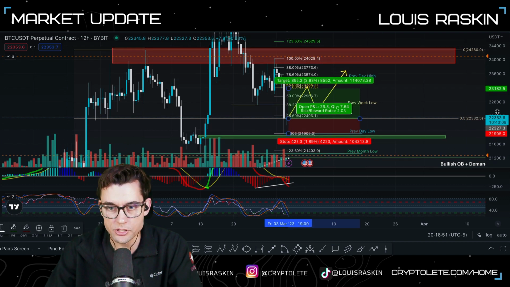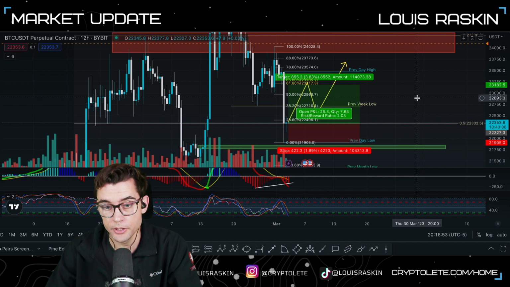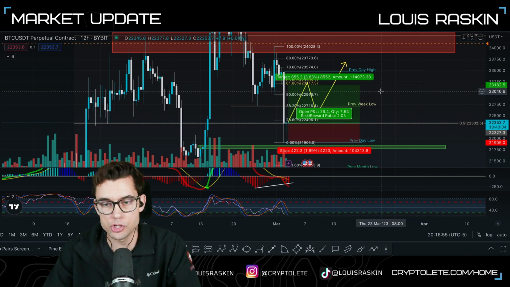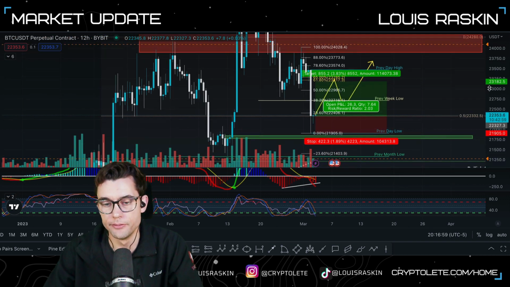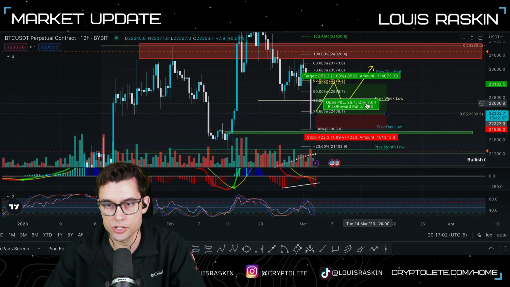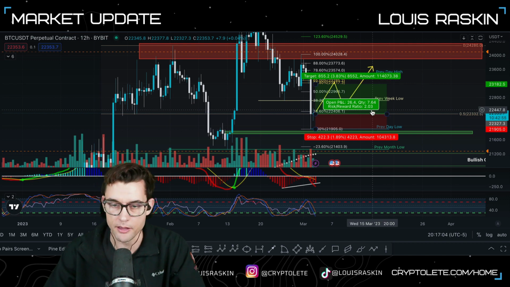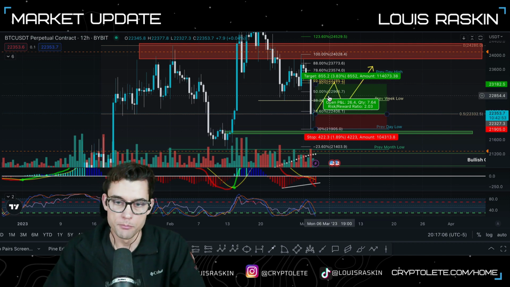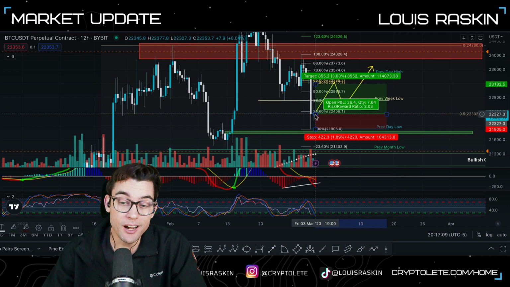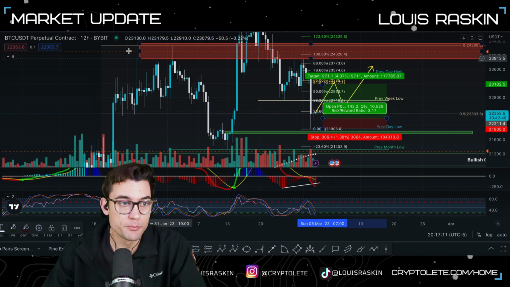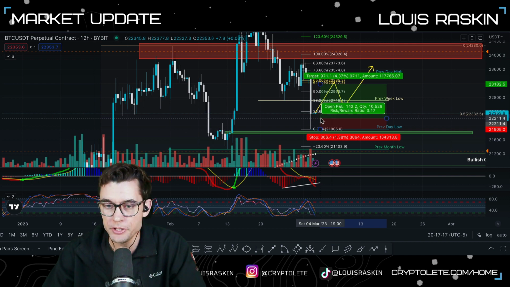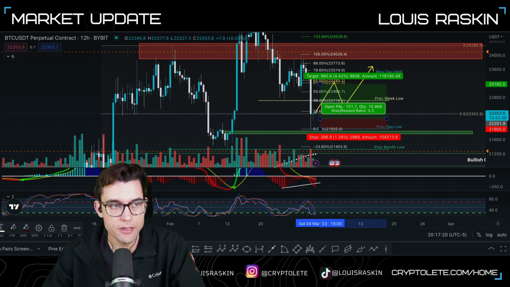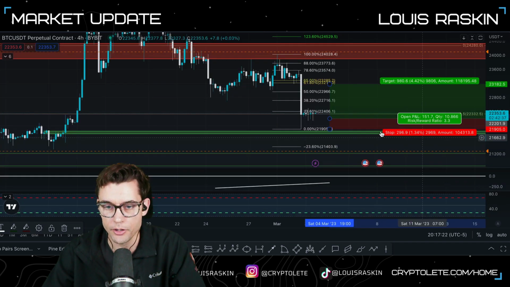Actually, this is a 2-hour trade. So this is actually a really good trade. So yeah, I think I'll put this trade on. And that will be my plan for Bitcoin, just in case it pops up, because if you get a trade that's a 2R, might as well take it. You could even honestly do this, put it down here, have a 3R trade, and you know what? Just because I don't really want to force too much, I think I might put this trade on for a 3.3R.